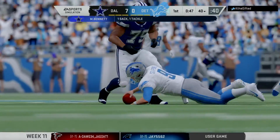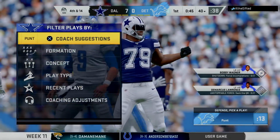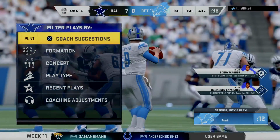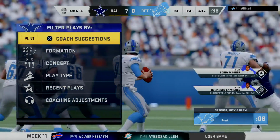Nowhere to escape, and he goes down. Michael Bannon in there to get him, and that is sack number 6 now for him on the year. This offensive line has struggled. In fact, when we sat down with the coach, he said